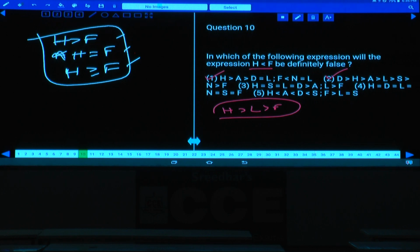And in the third, now in the third one, H equals to L, L greater than F, H greater than F, here also it will be false. Then fourth one, H equals to F. As H equals to F is true, H lesser than F is also false. Then